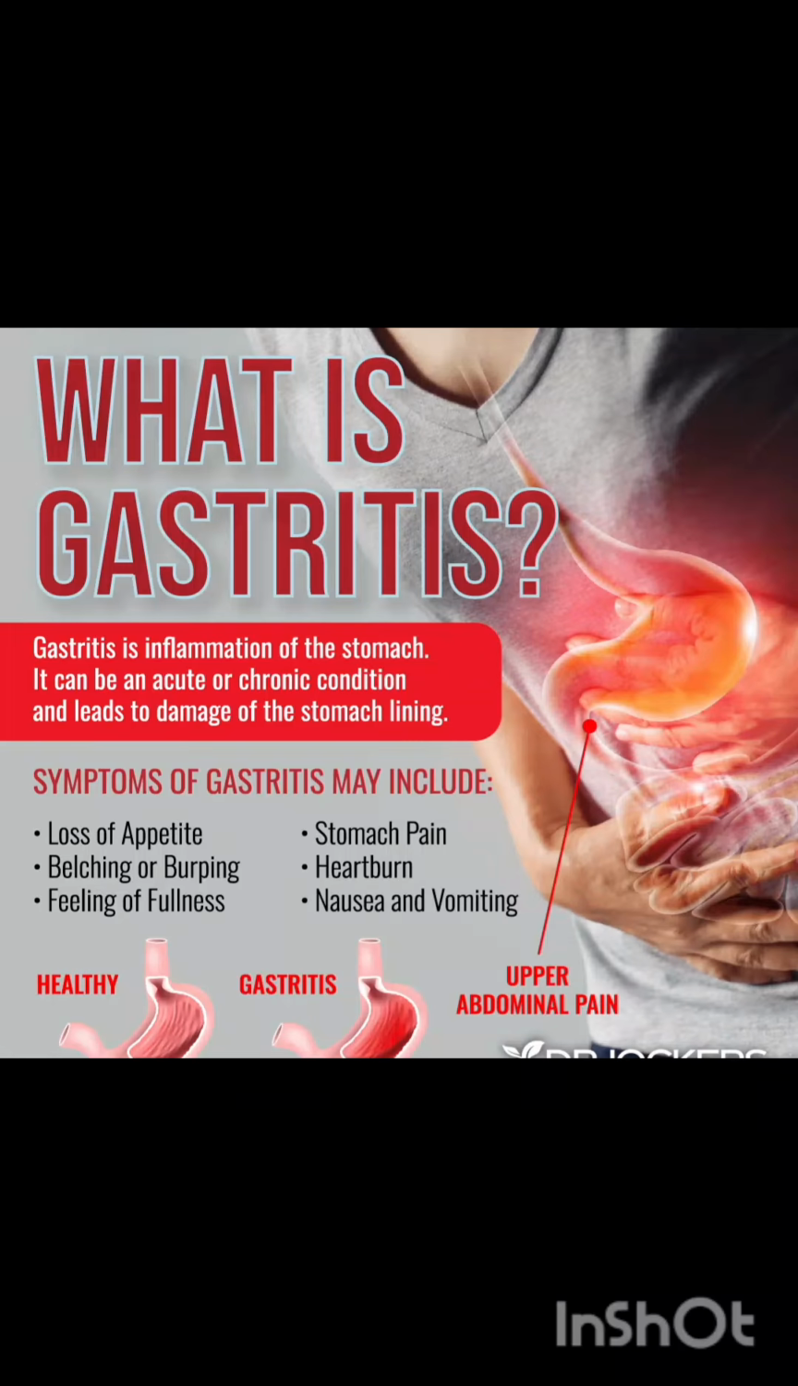Today we are going to study about gastritis. So what is gastritis? Gastritis is inflammation of the stomach. It can be acute or chronic. Acute can be caused by acute reasons, but the chronic can be caused by the H. pylori infection or the autoimmune gastritis. So it leads to the damage of the stomach lining, that is the mucosa lining that protects our stomach